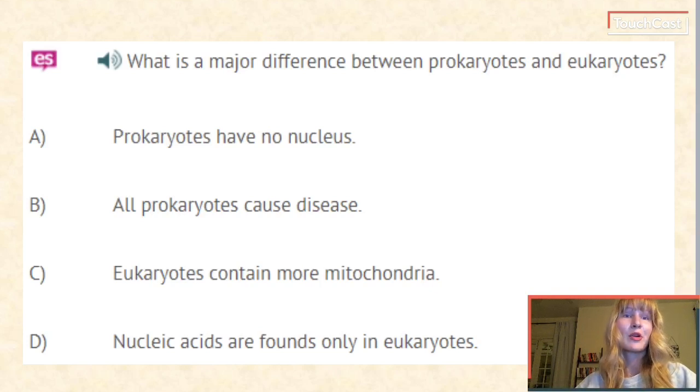All right, so A, prokaryotes have no nucleus. B, all prokaryotes cause disease. C, eukaryotes contain more mitochondria. Or D, nucleic acids are found only in eukaryotes. Remember, pro means no, so no nucleuses or nuclei in prokaryotes there. And remember, prokaryotes are bacteria. Eukaryotes, you have eukaryotic cells. So that's plants and animals. So A would be